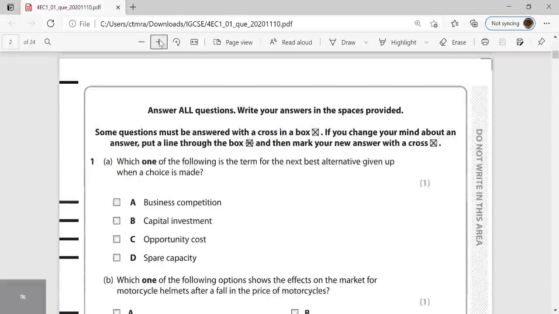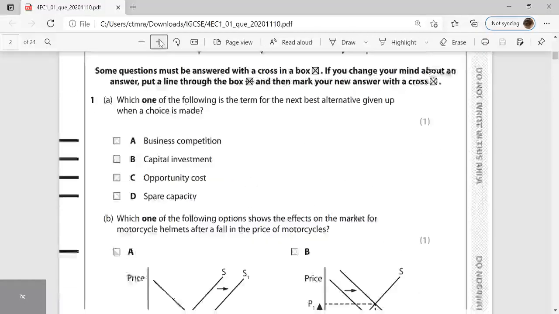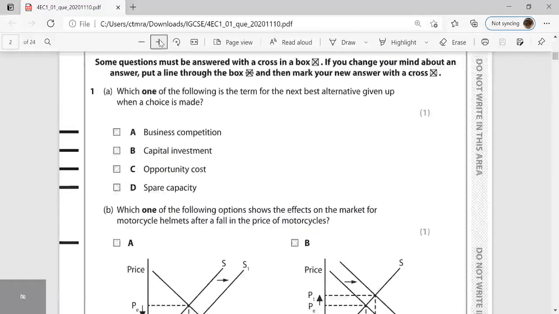Which one of the following is the term for the next best alternative given up when a choice is made? Yes, it's a very common question. Opportunity cost, right? Next best alternative. That's opportunity cost. Next,